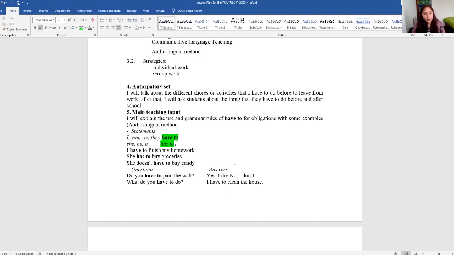However, for he, she, and it, we use has to, but only in positive or affirmative sentences, right? In the case of negative sentences or interrogative sentences, we use have to. In this case, we don't change have to to has to. For example,